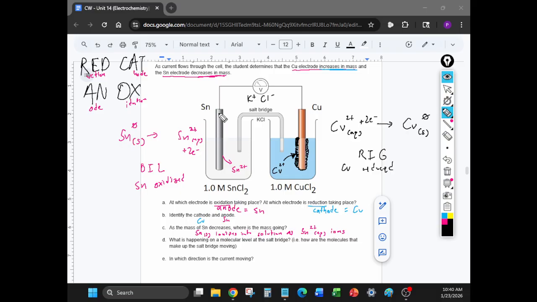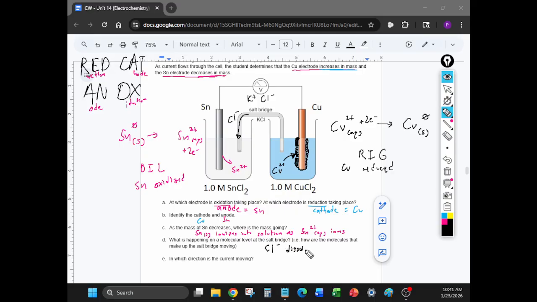And if we take a look right here, if tin dissolves, it makes more of these cations in there. It's becoming very positive because it is ionizing into Sn2+. Well, if it's becoming very positive, we want to balance that out. So we're going to balance that out by having this in the salt bridge. Cl minus is going to dissolve into this solution right here in order to keep the positive and negative energy balanced out. So you would say on a molecular level as a salt bridge, Cl minus